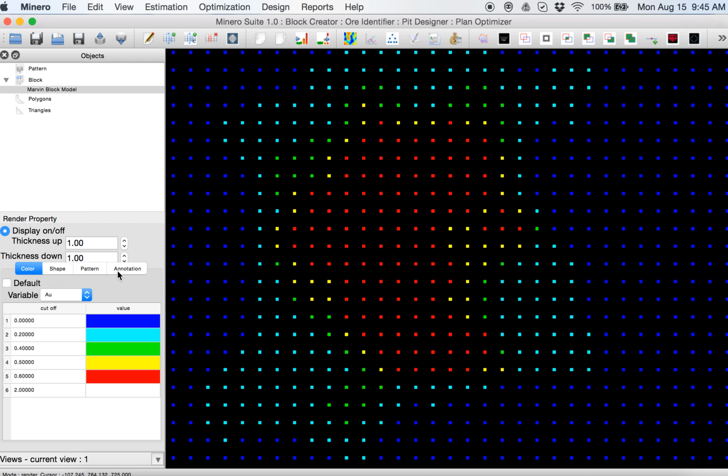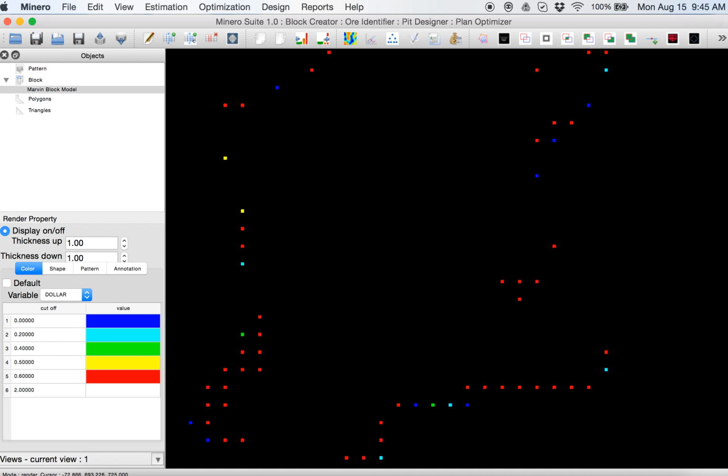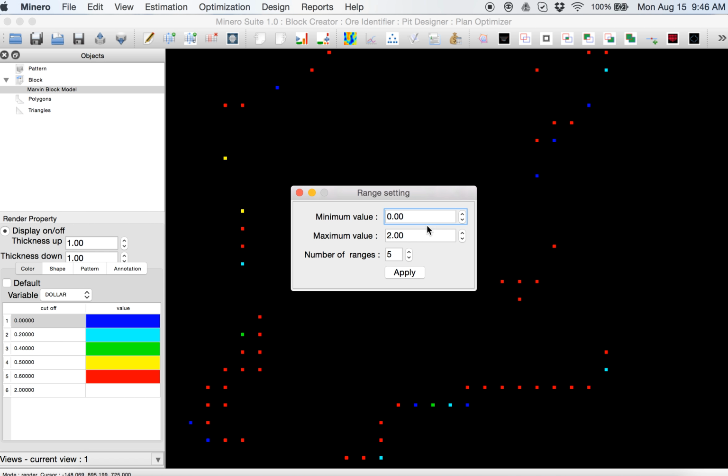I'm going to visualize dollar values by enabling render property, color annotation. So the ranges for dollar were from -4 to 18. I'm going to put 18.